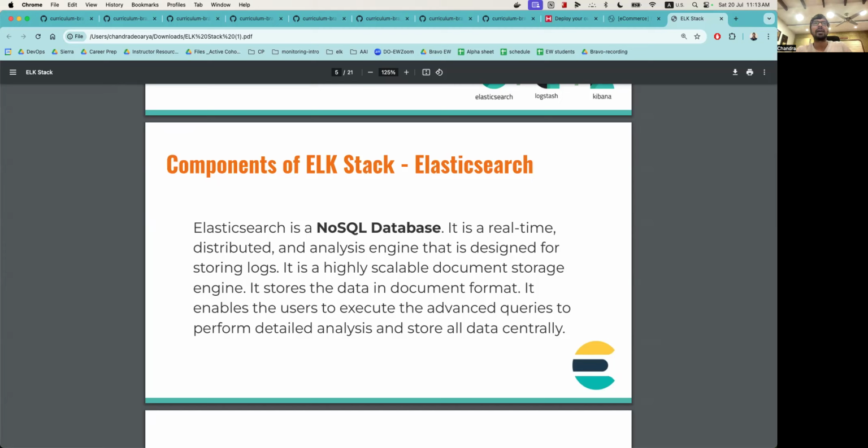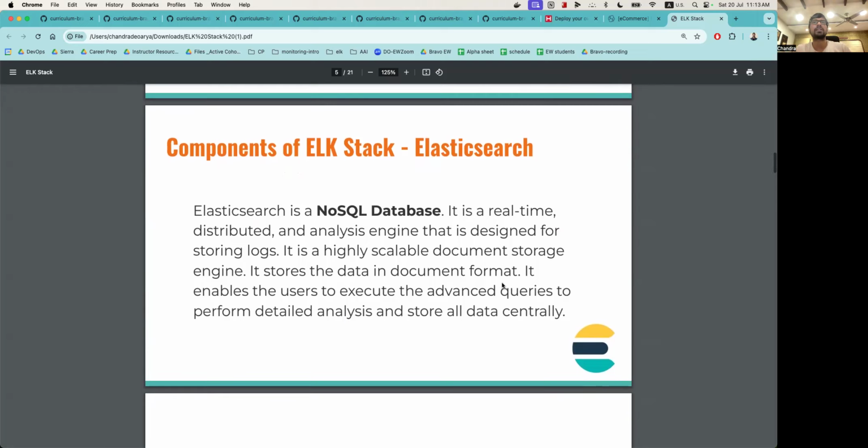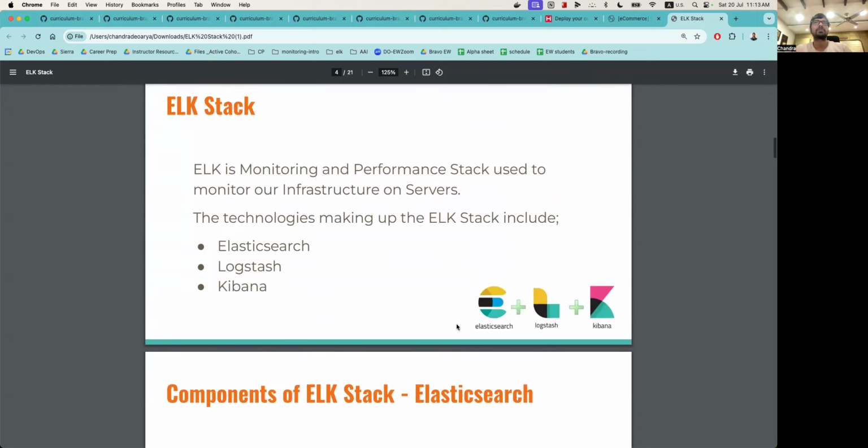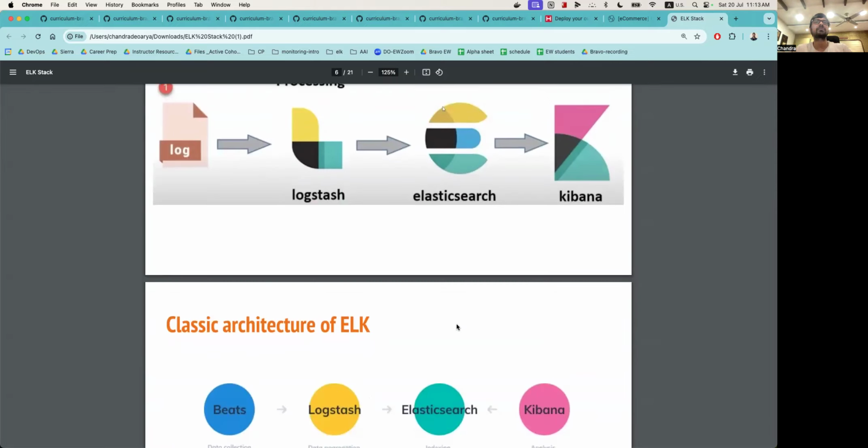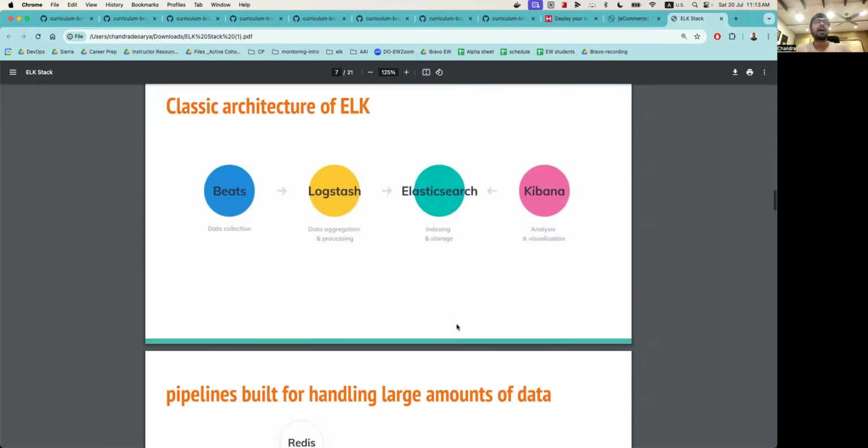And it can help the users to run queries on this. Again, we will not be going in depth on using this to run queries, but we may do a bit, if possible, probably in the next class, I believe. So this is the NoSQL database, Elasticsearch. And the way this works is that you have